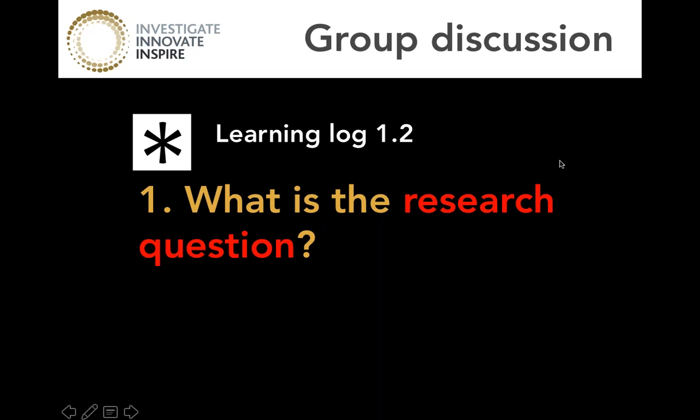Great, Carmen. Thank you for that. I think that what you will have found is that the research question actually appears in several different locations in this action research report. It also is embedded in the title. And as she said, in the introduction, it's included with a little bit more detail. So this particular researcher was looking at the introduction of a reciprocal questioning technique and asking some very specific questions about how that affected reading comprehension of a social studies text for a group of high school students.